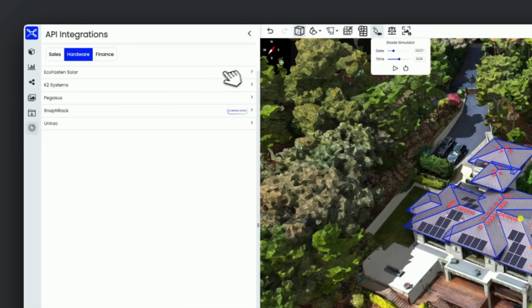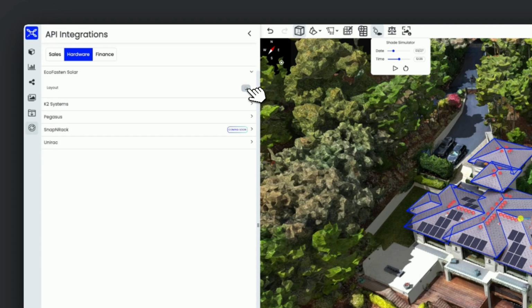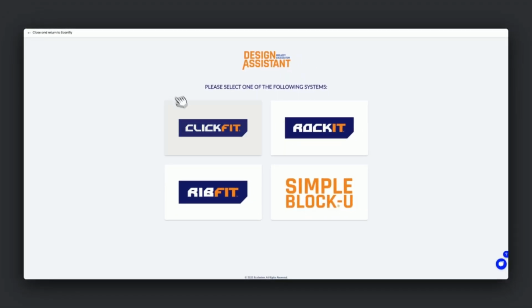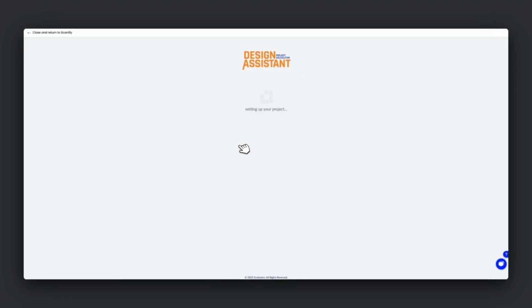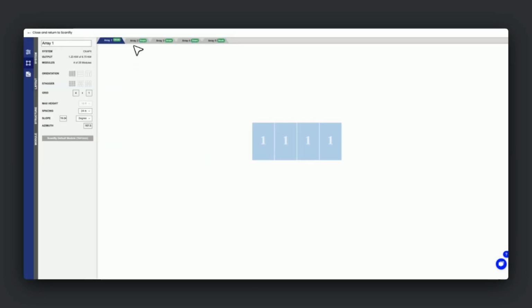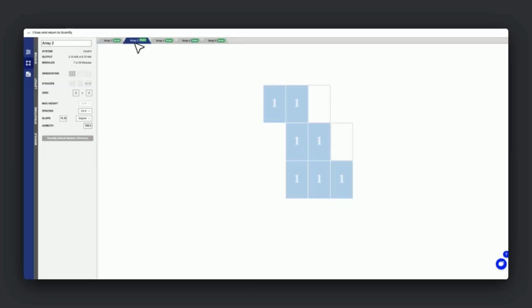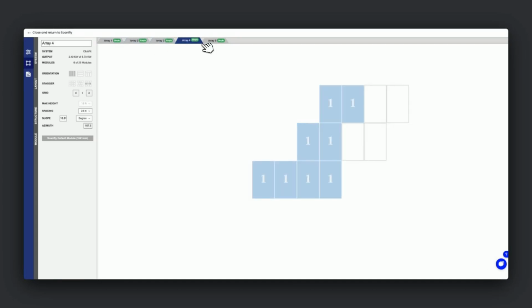Select EcoFasten, then click the blue Layout button to launch their Design Assistant from within your Scanifly project. From there, select your desired racking product and notice how your layout and arrays are already in place. You can easily tab through to confirm the layout, while all key project details and module specifications have also been